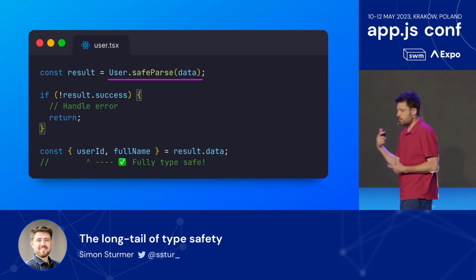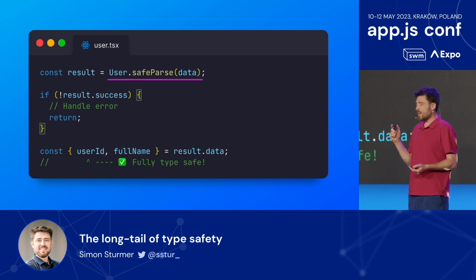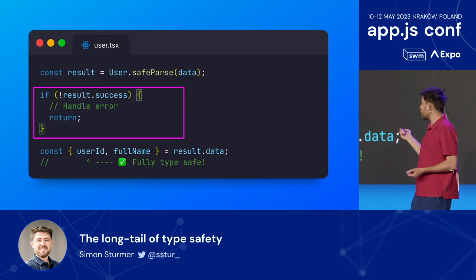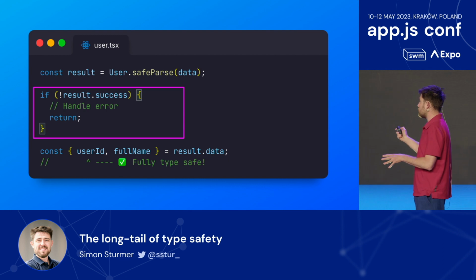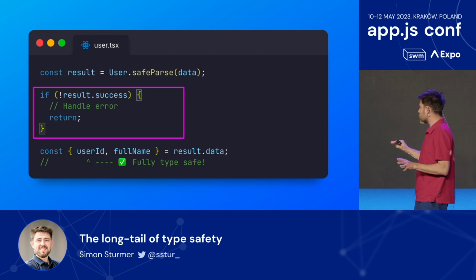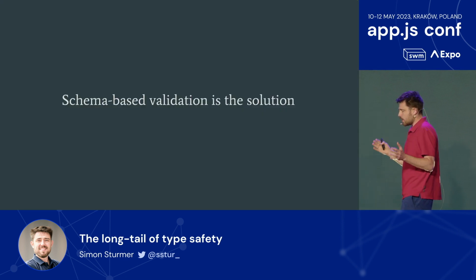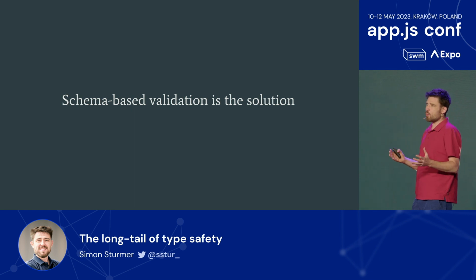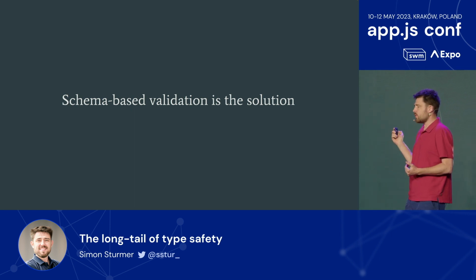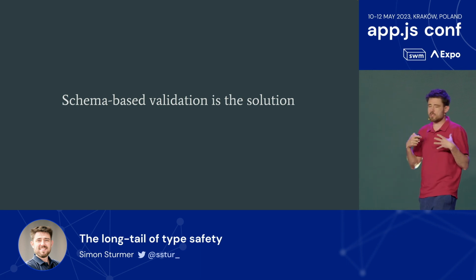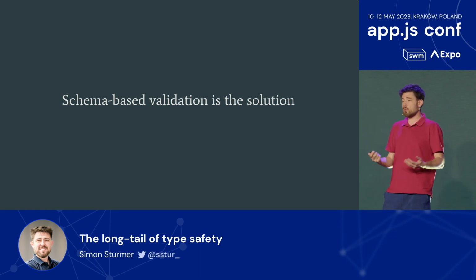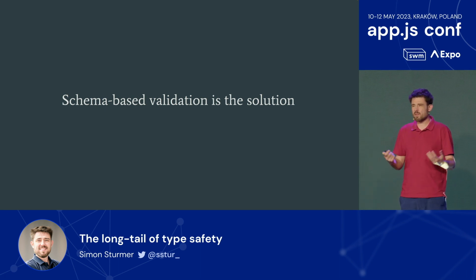And what's cool about this is that because it's TypeScript aware, it'll force us here to handle the unhappy path, right? Like we must handle the result.success, or else TypeScript will complain, which is really nice. And once we've handled that case, then we can be certain that it has validated and it's fully type safe. So I think generally speaking, a lot of the problems that fall into this category of I/O boundary stuff can be solved with schema-based validation, right? Essentially, Zod or one of the other similar libraries is the solution to a lot of the untype-safe stuff that TypeScript doesn't really give us solutions for out of the box.